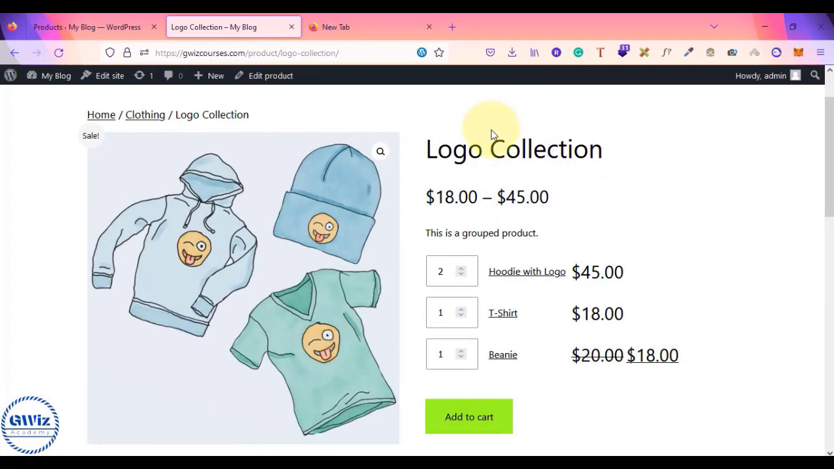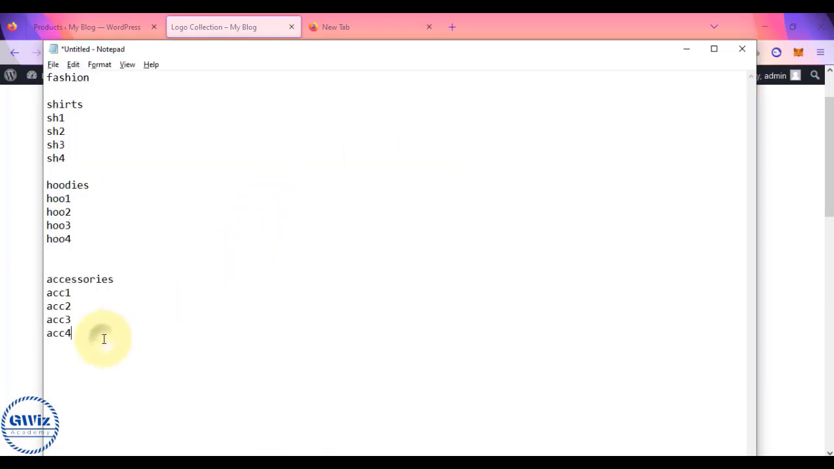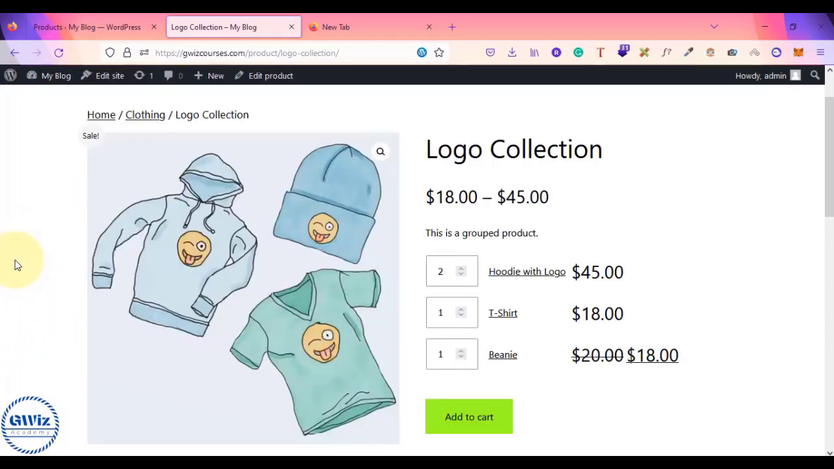So for a grouped product, firstly, we need simple products, or variable or affiliate, any products, uploaded first, and then create a grouped product. Basically, to simplify this, this is a product where you tag other products as well, right? So you're tagging this particular product, this particular product, and 3 products over here,